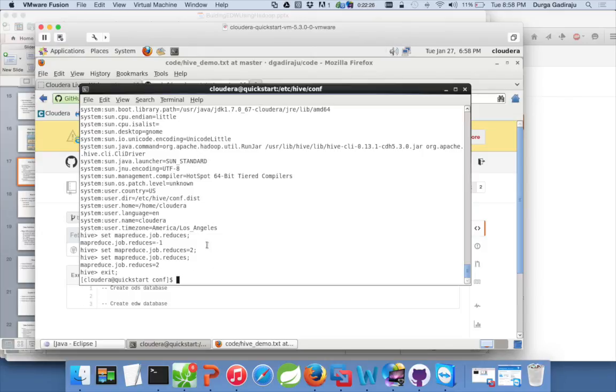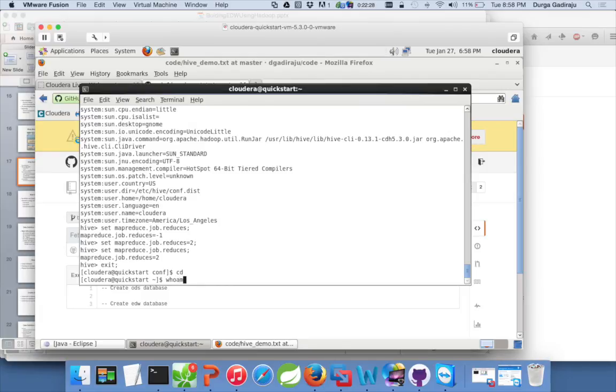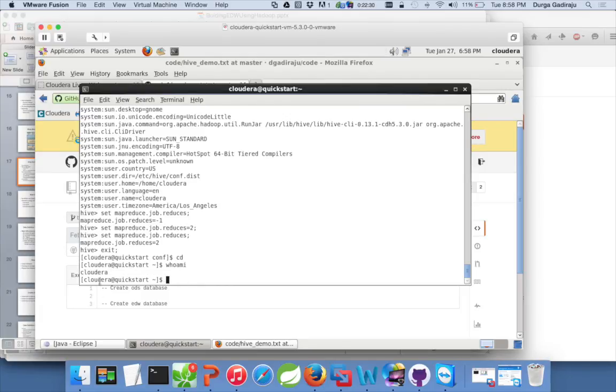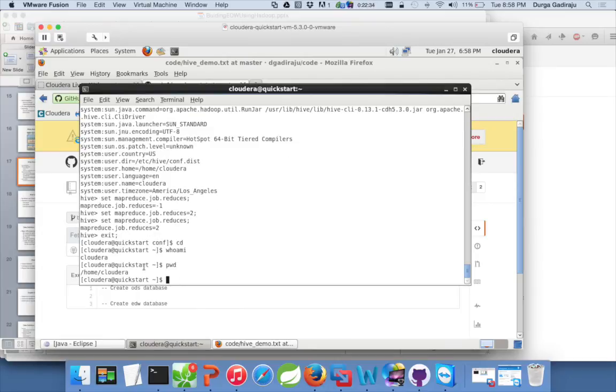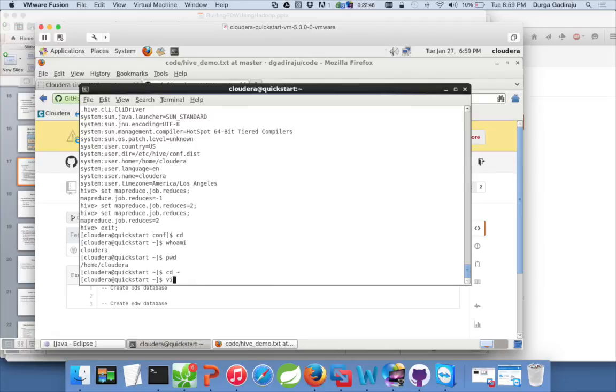Okay, so first let me show you the username which I am using. I am using Cloudera, and the directory I am in is the home directory of Cloudera. If you want to customize all the sessions that are launched as Cloudera, you have to go to the home directory like this, and then do vi .hiverc,